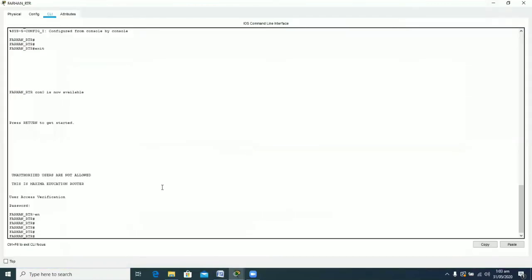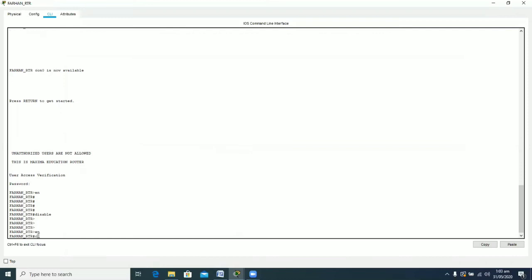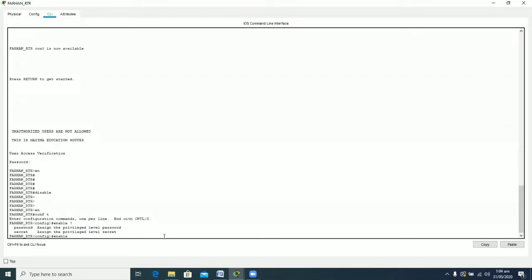Basically you have seen that the enable mode is a very powerful mode, and before this mode there was the user mode that is used for simply the monitoring commands, but the enable mode is a very powerful mode, and therefore we want to place passwords on our router for anyone entering into my enable mode using the enable command. So these enable mode passwords are of two types, and basically these two passwords can be set at the global configuration mode. And you can see now enable was the command, and after enable there are two different words, that is the password and the secret.